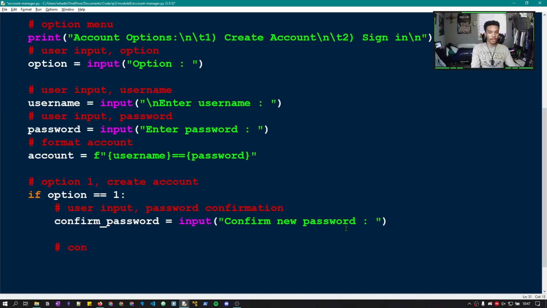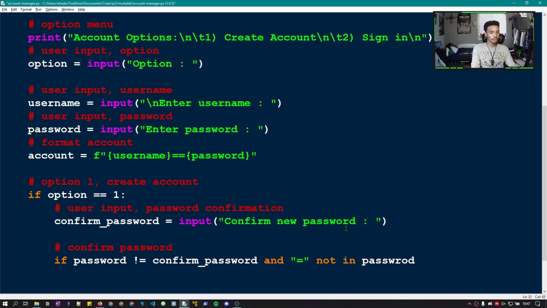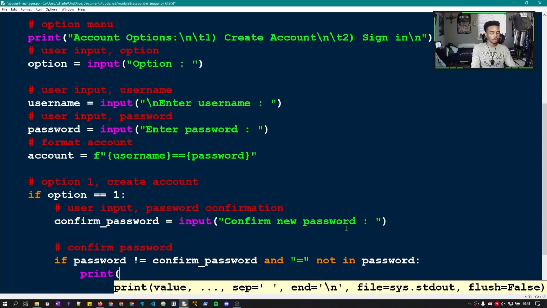And now we can actually confirm their password. So confirm password, and we can say if their password is not equal to their confirm password and an equal sign is not in their password, we can print invalid password \n, and then we can do